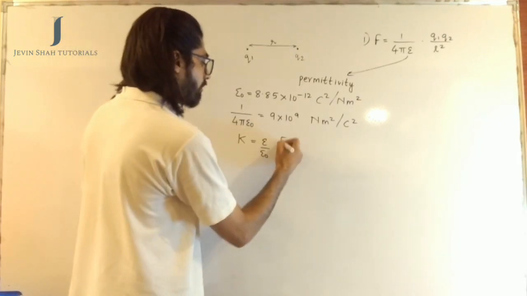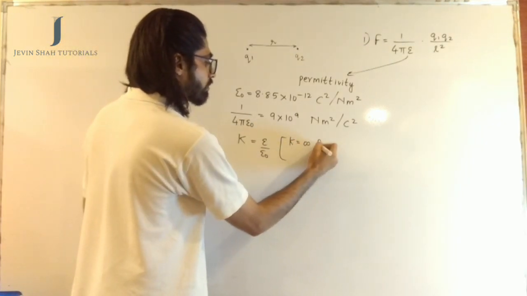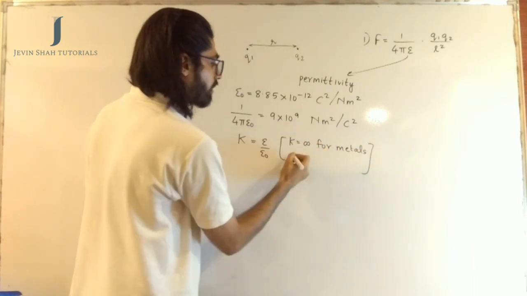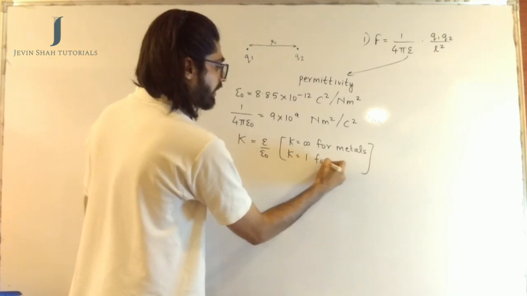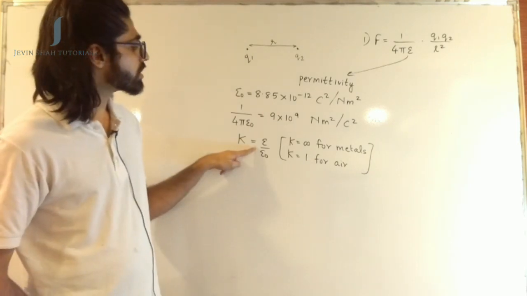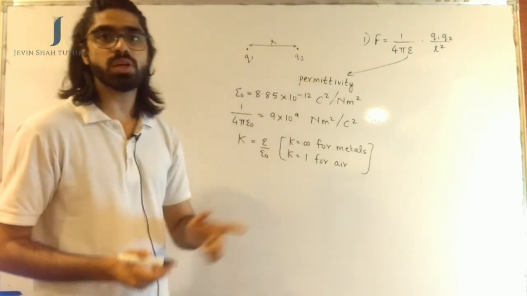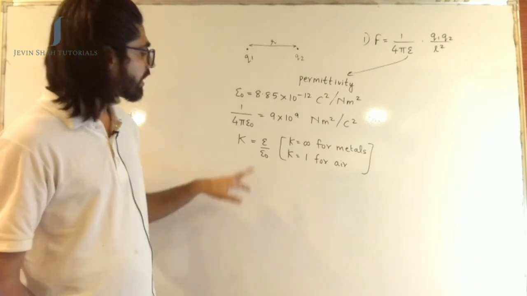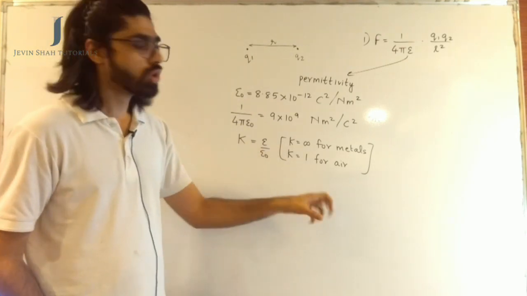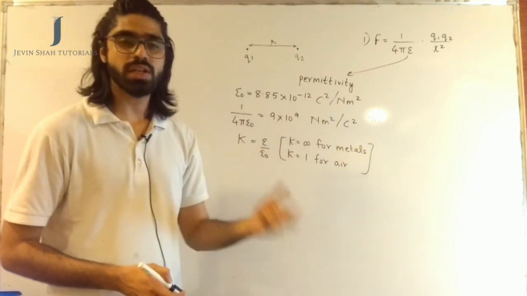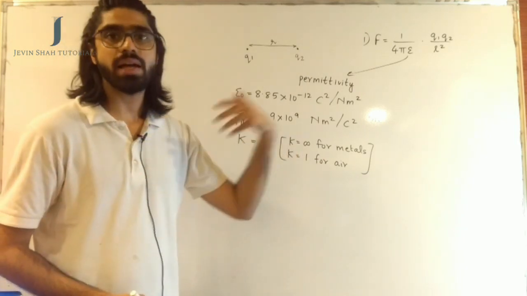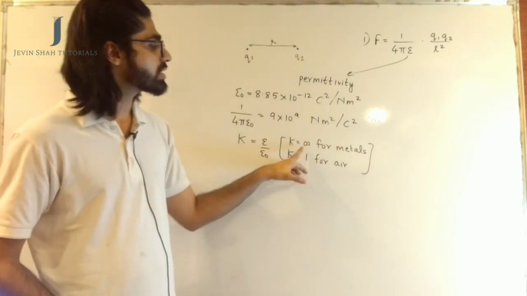For dielectric constant, keep in mind that the value will be infinity for metals, and if it is air, then the K value will be 1. How will it be 1 for air or vacuum? You can just get back to this. I said epsilon was the permittivity of the medium between the two charges. If the medium is air, then in place of epsilon, you can just put epsilon naught and divide them, saying that K will be 1. So from whatever values you are looking at over here, you can infer that if the conductive nature of the material is high enough, then the K value will be higher, because for metals it is infinity.